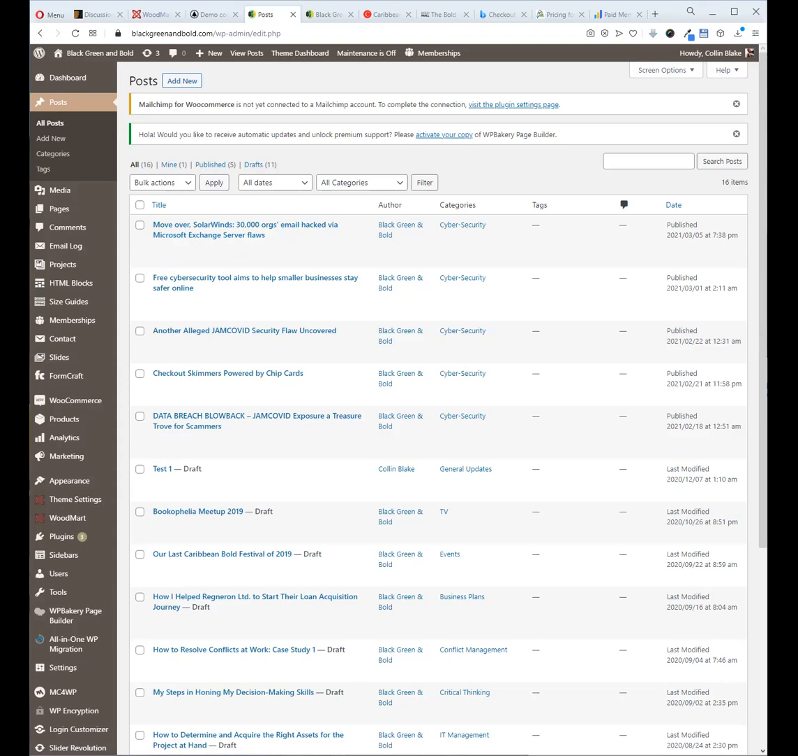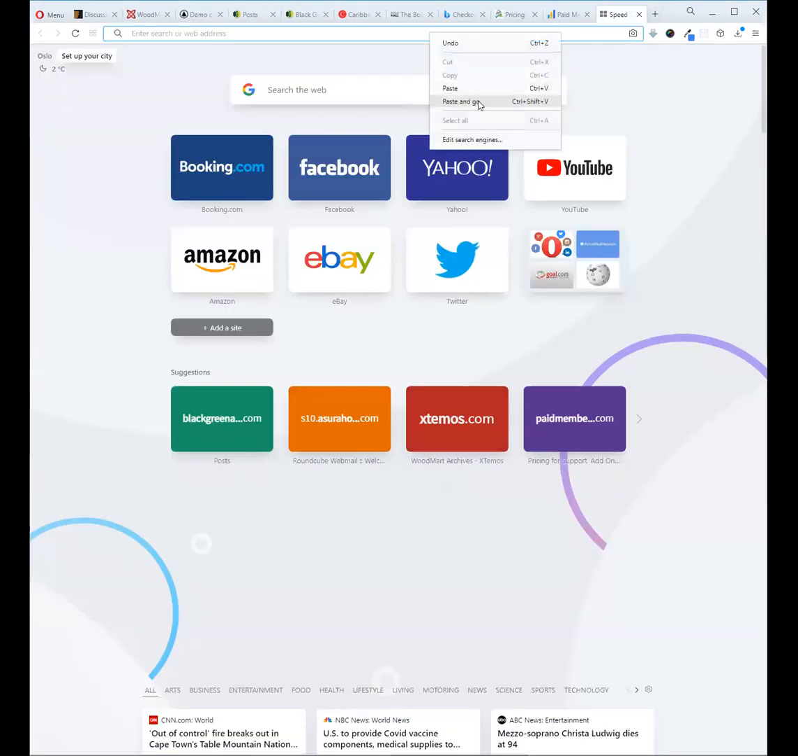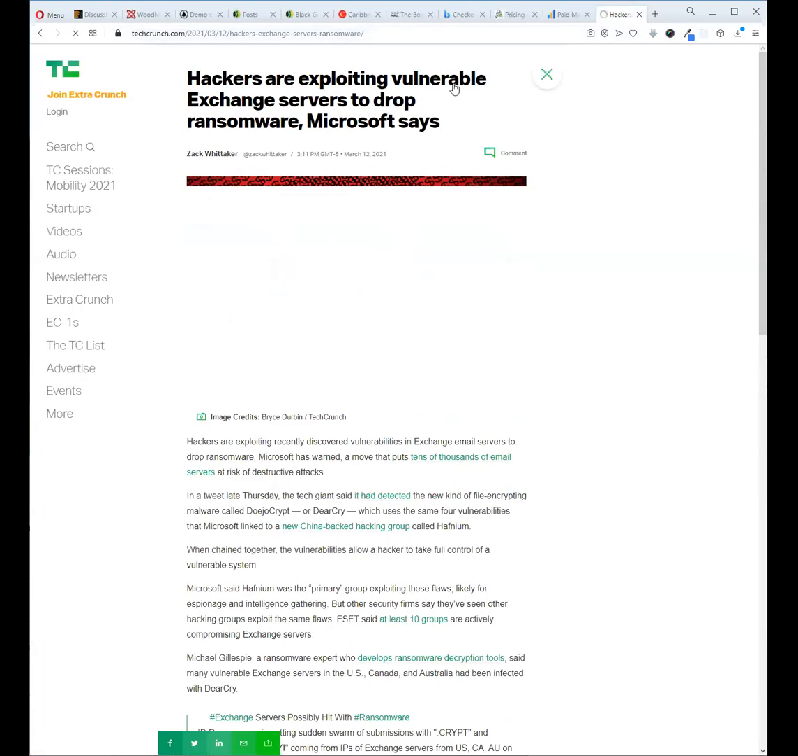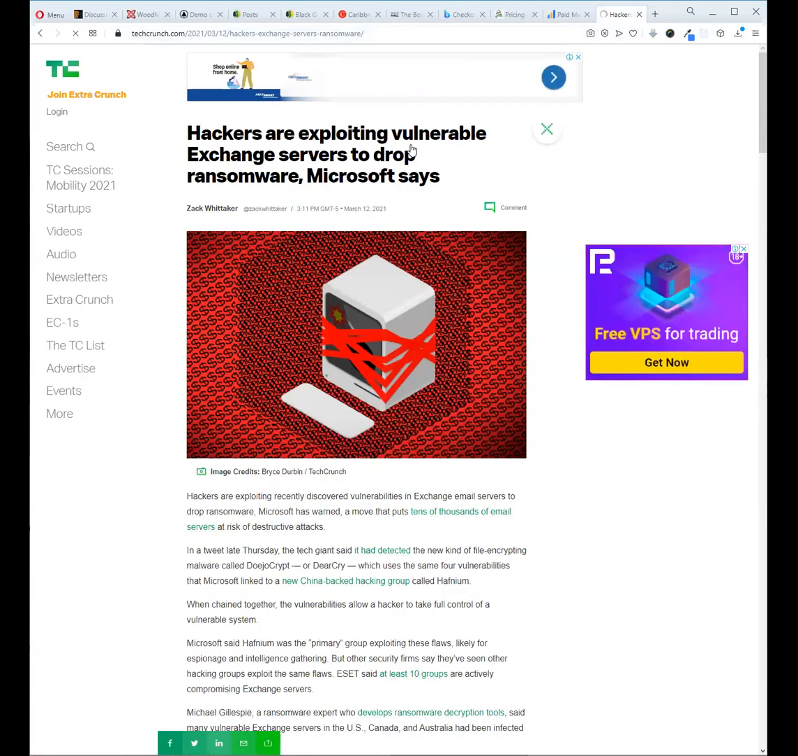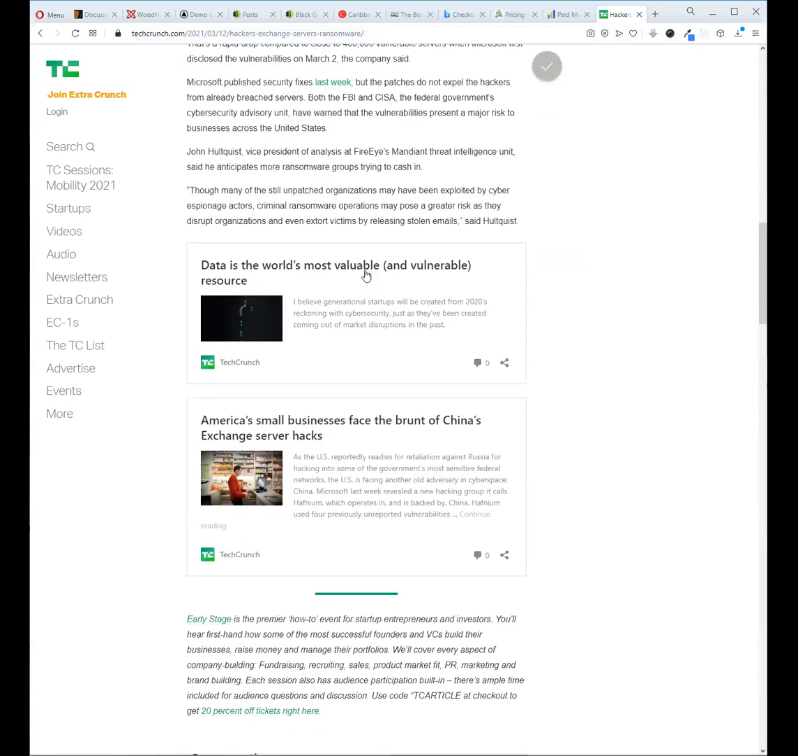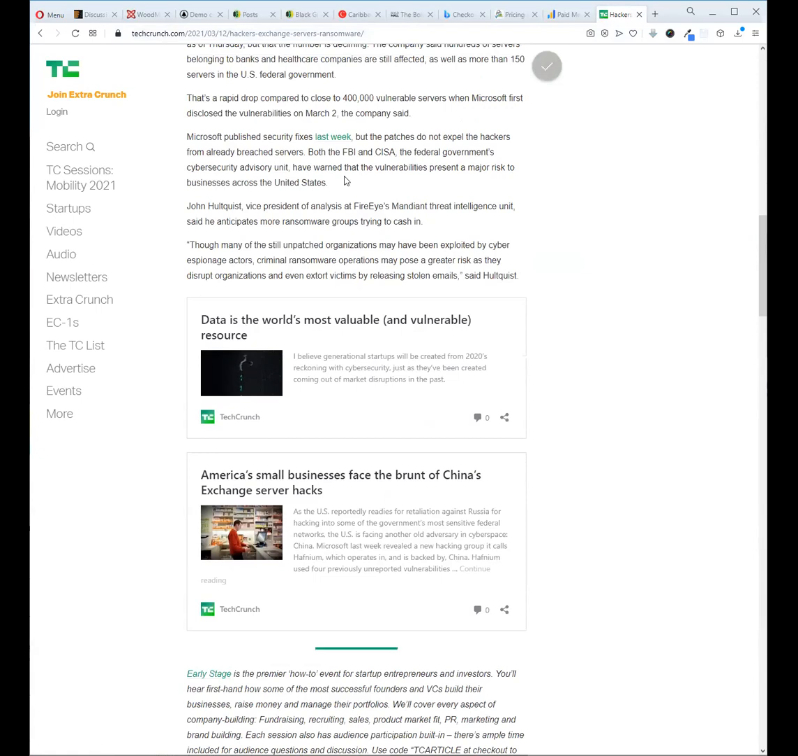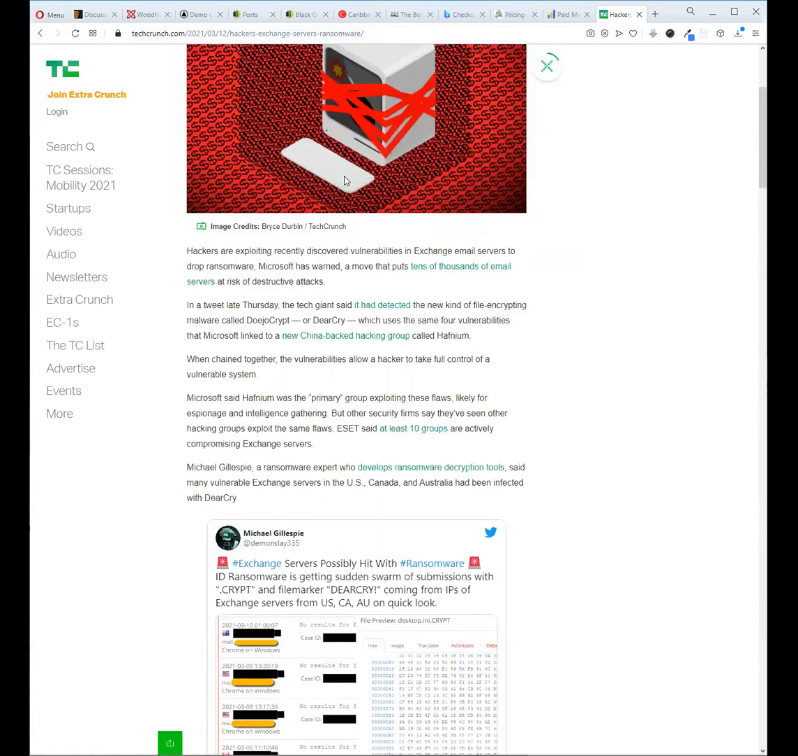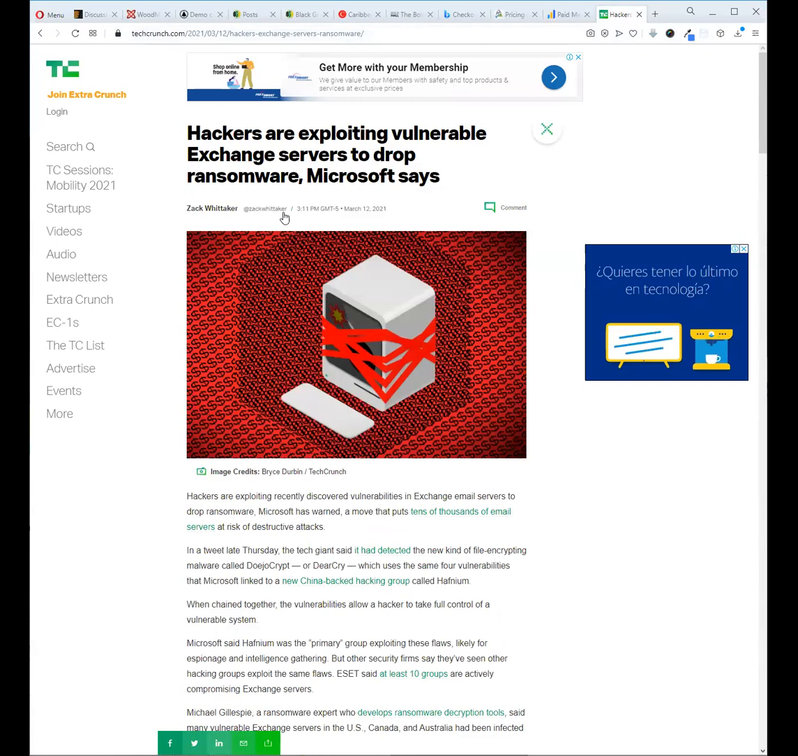All right, so I have one here from TechCrunch about hackers exploiting Exchange servers. So for example, if I were to put that up here, so this is the post from TechCrunch, right? Okay, so let us see if we can copy this post, giving the credit to TechCrunch for this particular article,